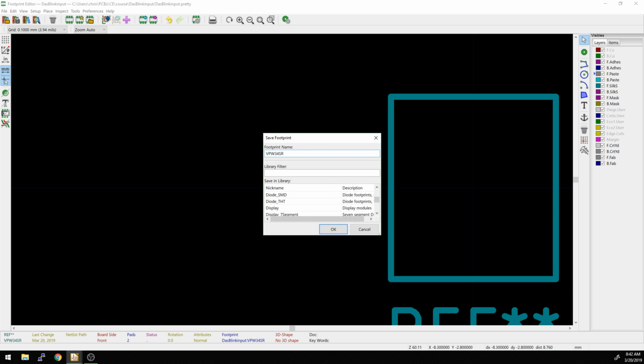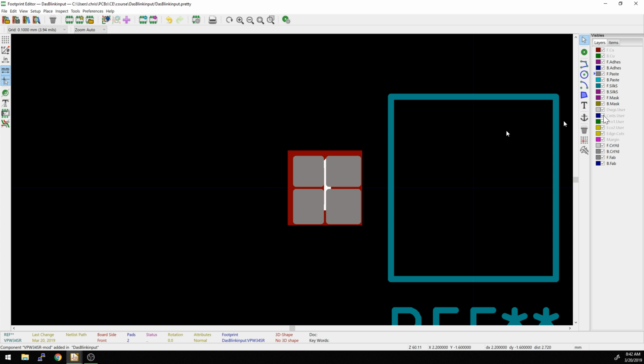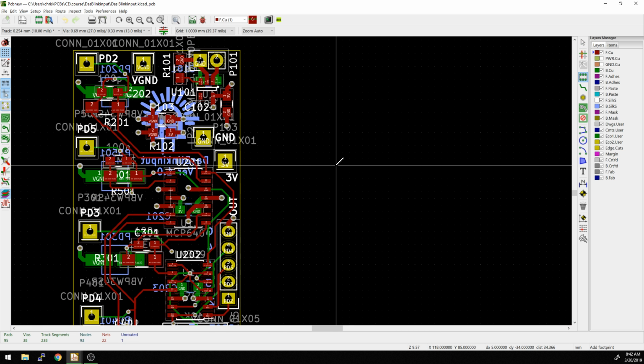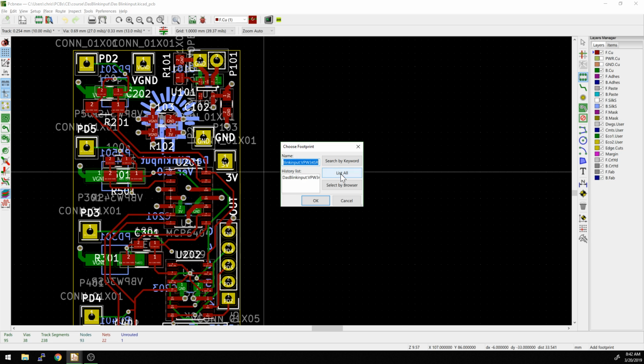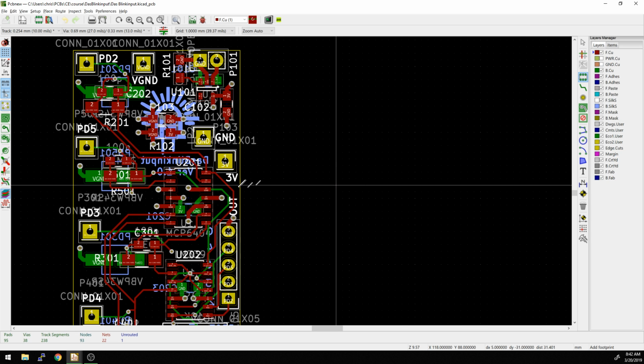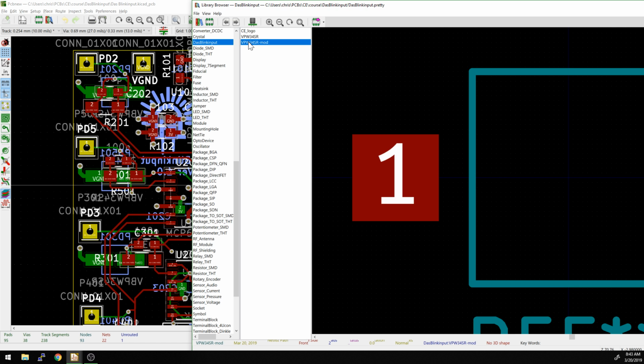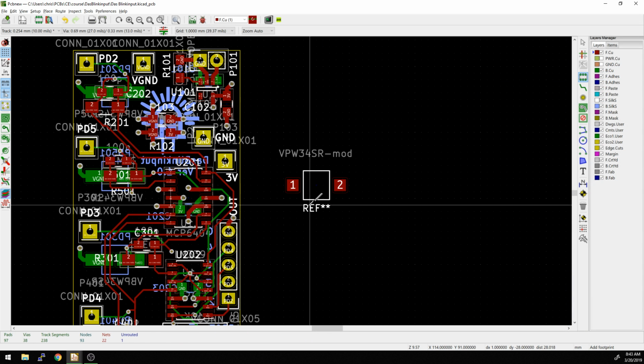We'll save this as modified. We'll just call it mod. And then if we go and drop this into our diagram now, so we hit O to place a component, we go to select by browser. It's on the wrong one, of course. There we go. So here's our mod. It doesn't look like anything's different. We're going to place this in here. And now let's go to the 3D model just to see what this looks like. Hopefully I have my